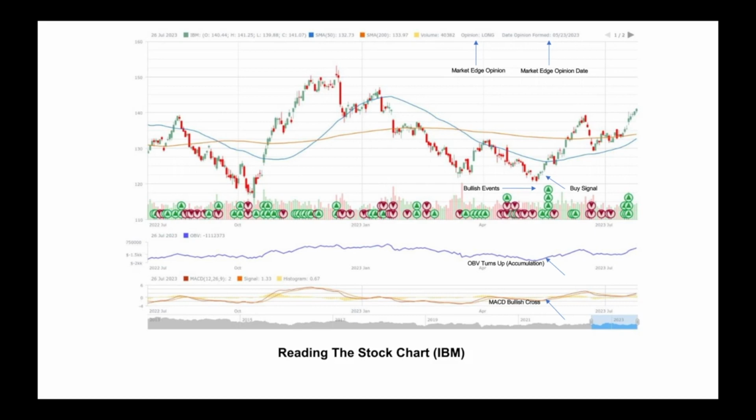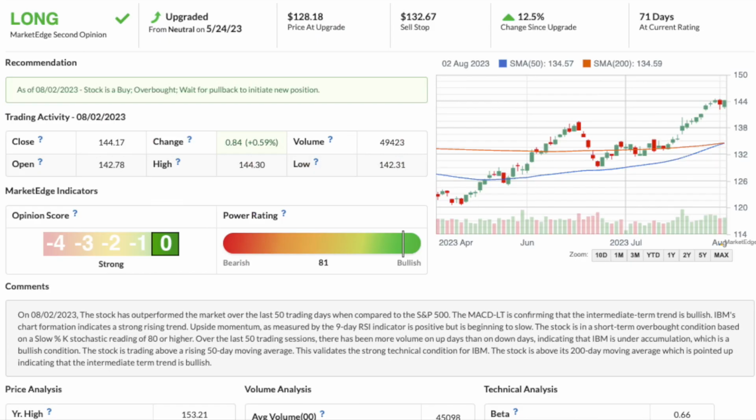So if you understand what I just showed you, there's two things. Number one, if you think of this as the same way the weatherman looks at the weather chart, is the way a technician looks at a stock chart, and the way MarketEdge does is we do everything for you, put it on the chart. If this was a live slide and you clicked on any one of those green or red arrows, it would tell you which indicator out of the 50 or so we followed had turned bullish on that day or bearish, it's red. So, as I just said, MarketEdge reads the chart for you.